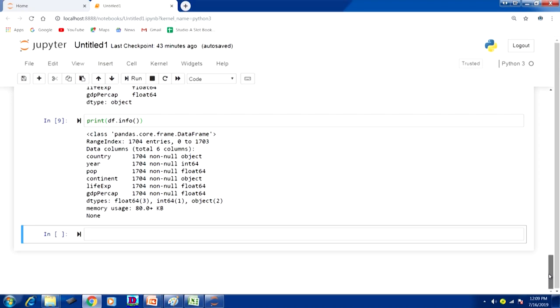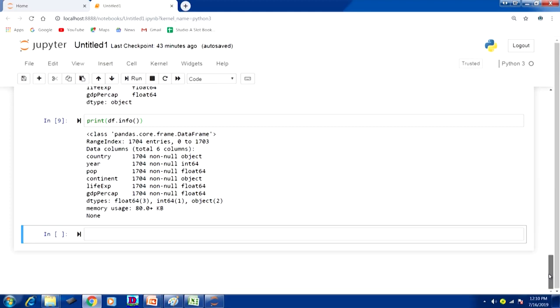Country has 1704 rows, non-null object, that means there are no missing values. Similarly, year has 1704 rows, non-null integer. Non-null means that all the values are filled, there is no missing cell.